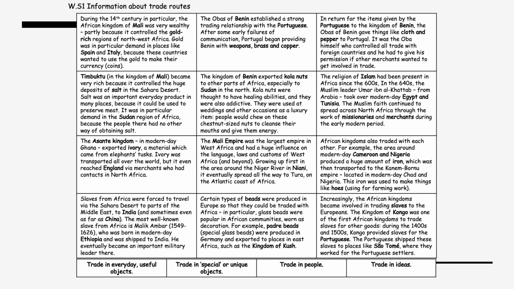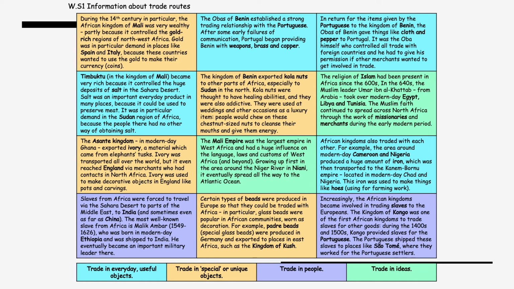For extra access, some pupils are given fewer statements with less writing. For more access, some pupils are given more information from A-level textbooks. Essentially, they complete their version like this, and it has provided them with new knowledge that there was lots of trade and movement within and beyond Africa before the end of the 19th century. The next thing they do